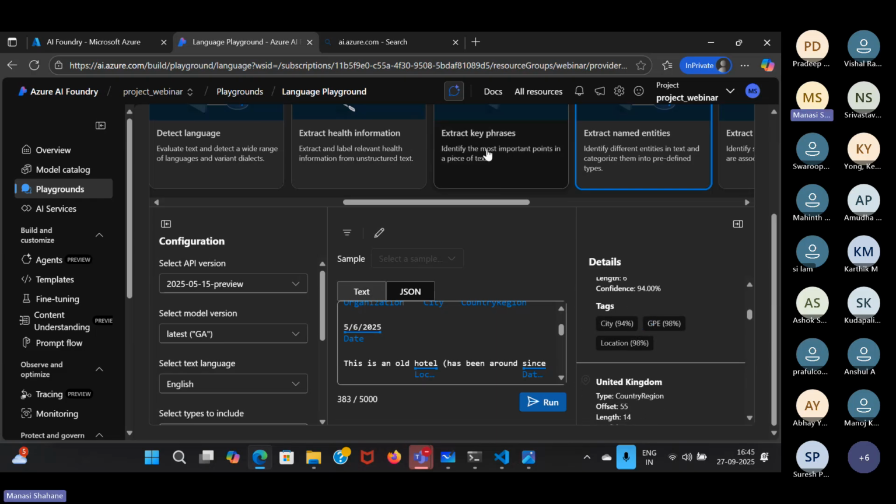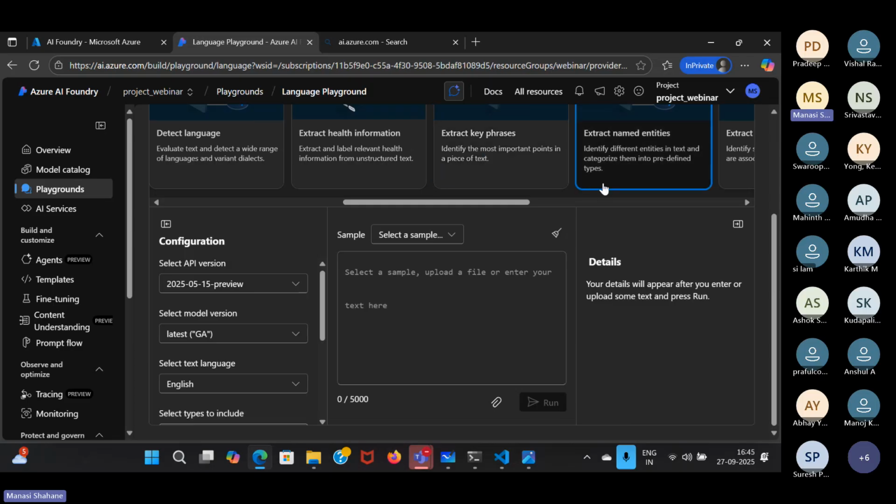You can even extract the key phrases. So this was the named entities: all those entities like location, date were extracted. Here it will also extract some key phrases, because let's say you are running a recommender system or a feedback system and you want to get that. So you can just say good hotel and staff, the Royal Hotel, London, UK. Why do you want to say so much? You can just add a date,